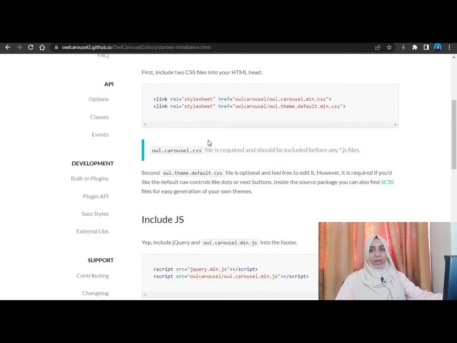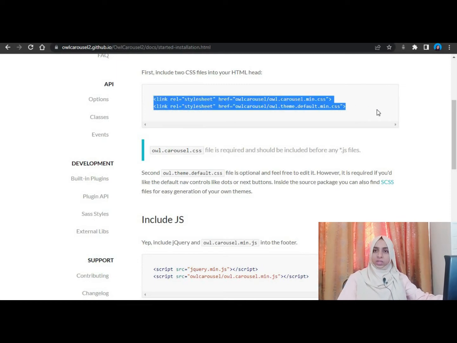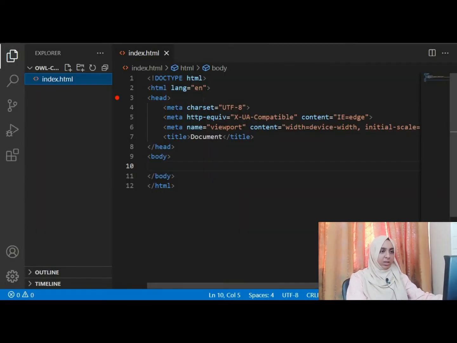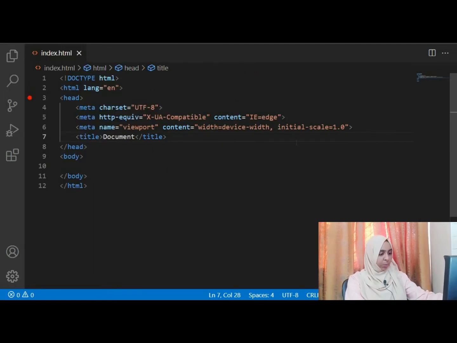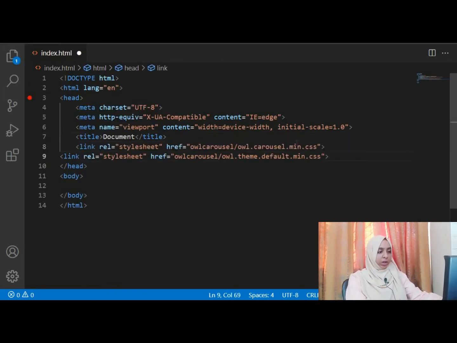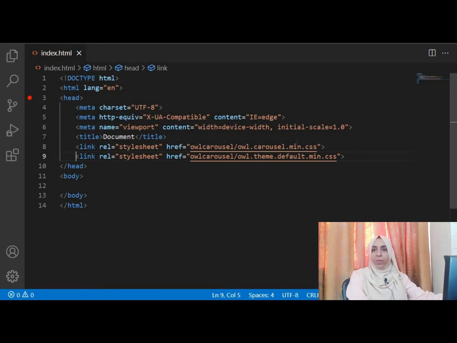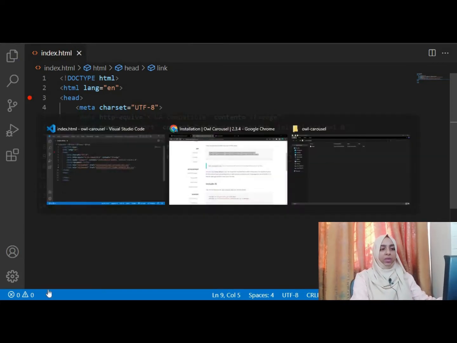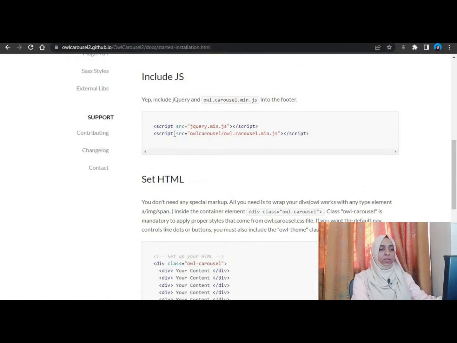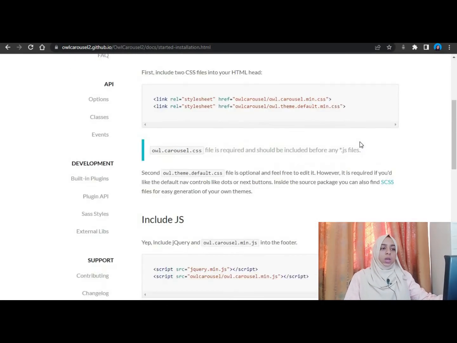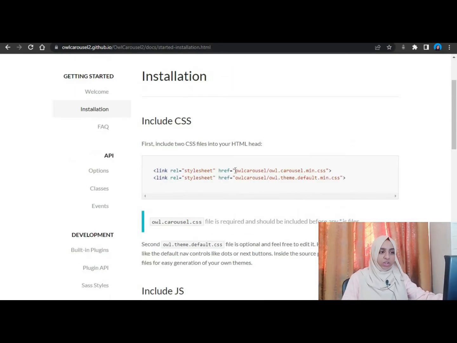Now a mistake that people might make is they will copy these links and paste them in there. It says paste it in your, let's just close it so that we get more space. So they will paste it over here, save it and then they will try to implement all the other things, like you have these files here as well. They just copy it from here and paste it there, and then they say that the owl carousel is not working. So whenever you look at the documentation, just check where the file is coming from, right?